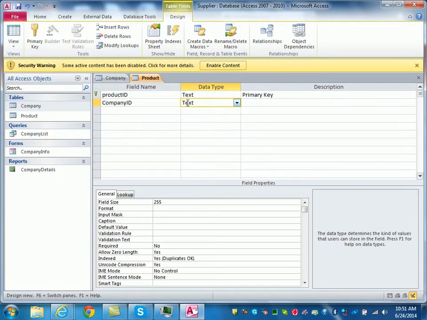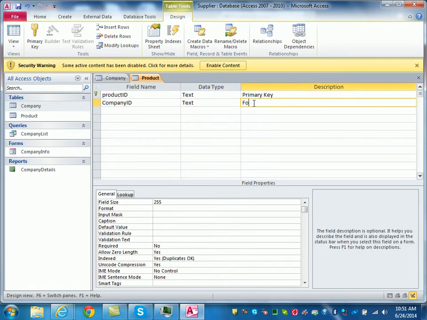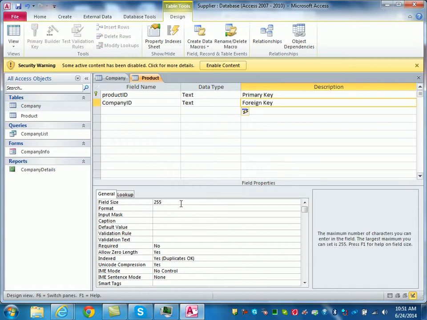So this is text too, and it is a foreign key, meaning it doesn't really belong here. The reason that I'm putting it here is to link product and company. And I want it to be size 6. And I want the caption to be company ID